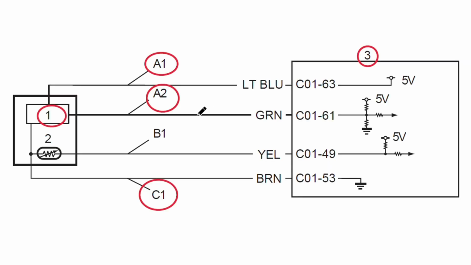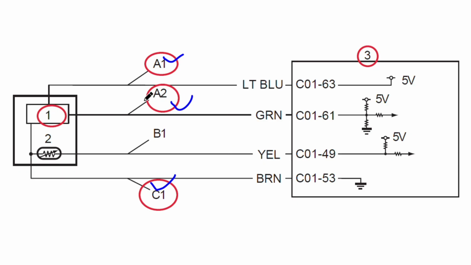First we checked the power supply of A1 and C1. We checked using the multimeter and found 5 volt, that is okay. Then we checked the A2 circuit for resistance, A2 and ground, A2 and other terminals, and A2 voltage. When ignition is on, all the checking points in the A2 circuit are good. That means the circuit is okay. A1, A2, C1 circuits are okay. Then we checked the MAF sensor.